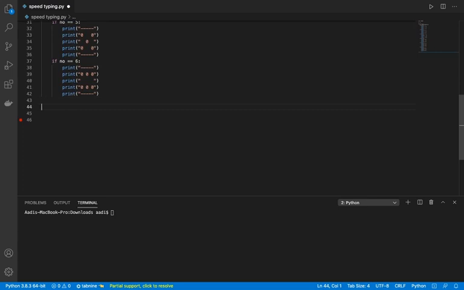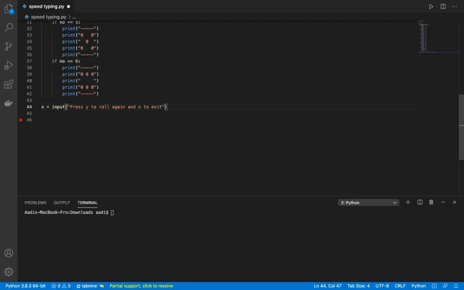After you have done that, you just write x is equal to input, and in brackets you write the input prompt. I'm just going to write press Y to roll again, and N to exit.